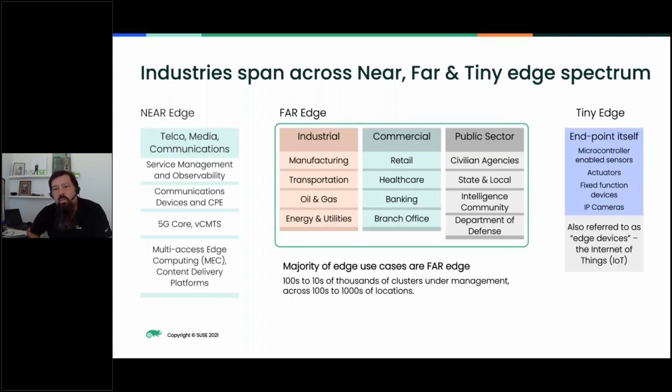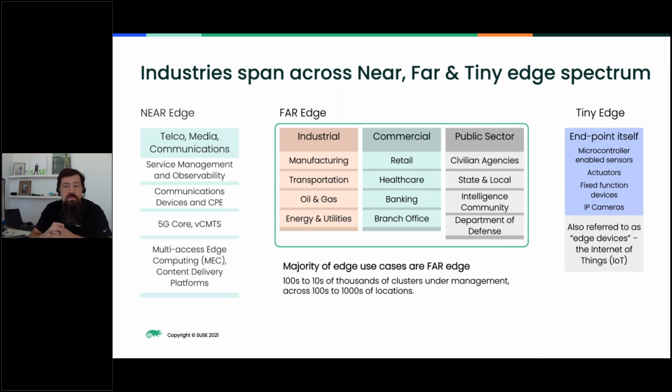And so let's talk about what runs in those places, in those edge categories. So the first one, near edge. This is really dominated today by things like telco, media communication sorts of pieces. This is higher speed networking. If you're using your cell phone, you're hitting some of those near edge devices as you go through the radio access network. And so that's kind of a good definition of that near edge. Branch office servers might fall into that category as well,